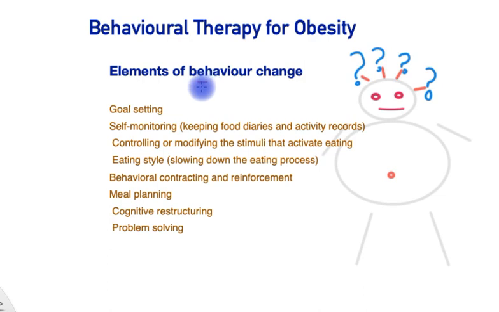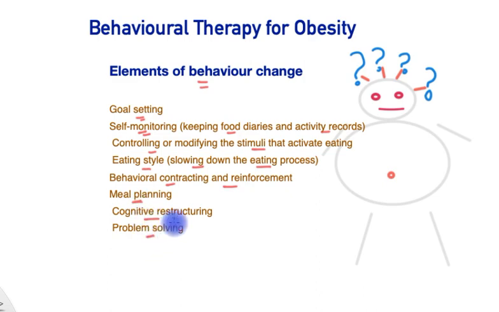How do we bring about a change in the behavior? And that is by firmly setting goals with each person. It is important to be self-aware and actually monitor by keeping food diaries and a record of activity, that is physical activity, by controlling or modifying the stimuli that activate eating. And that would be different for each individual person. By examining the eating style, slowing down the eating process, by rewarding good behavior and discouraging poor behavior that gets in the way of weight loss, by meal planning and altering the thought process in general,